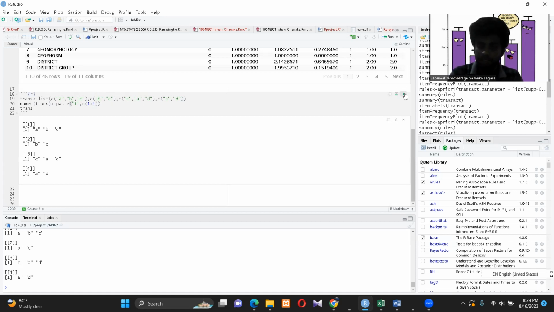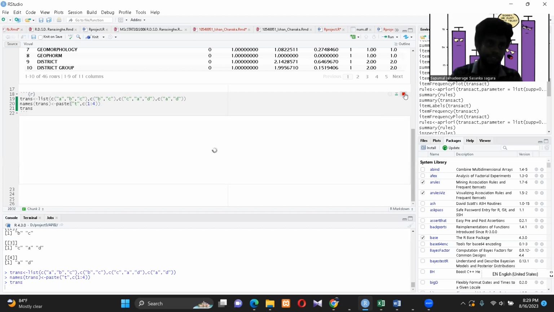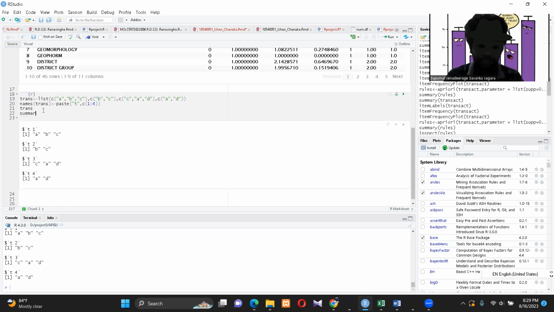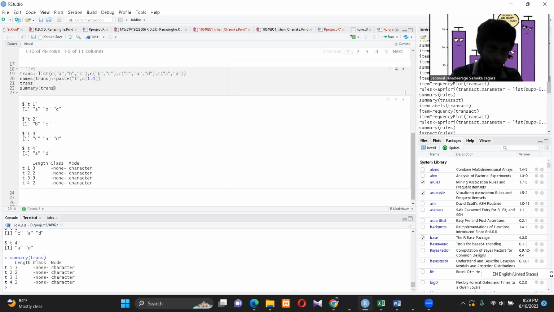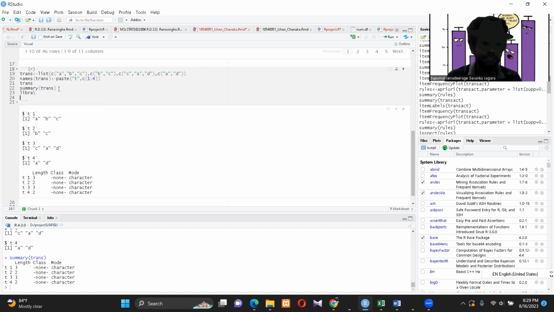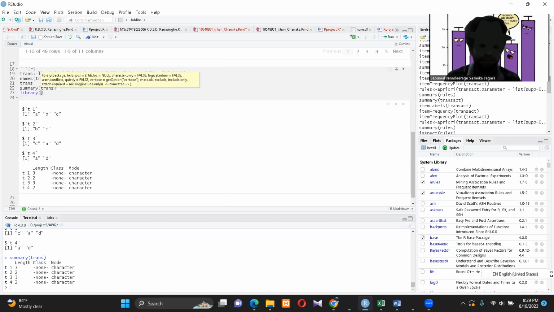When we have some attributes with larger names, we used to compact it. We used to abbreviate it with the help of these names like this. But you can see it's still not a transaction object. It can be identified by taking a look at its summary. It is not indicated as a transaction object. So what I'm going to do is make it a transaction object. First of all, I need to load these relevant libraries,